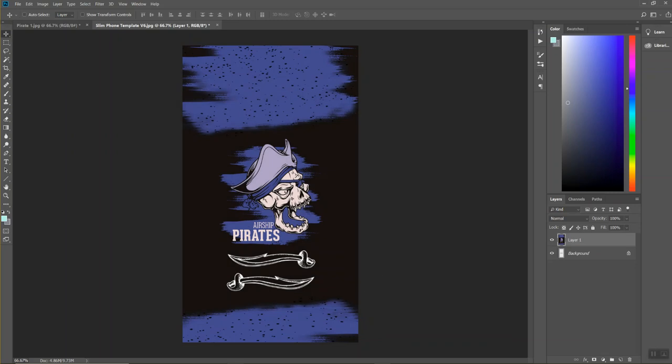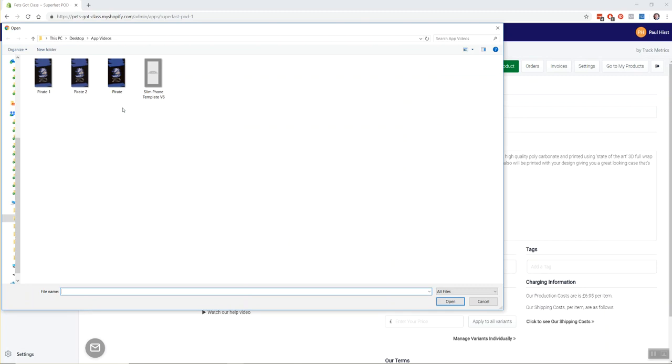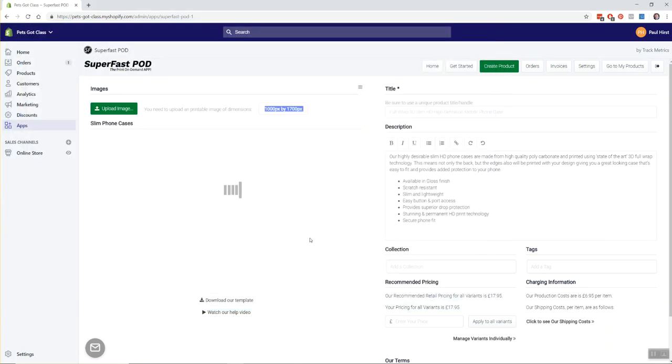Then if you go back into the app, click on upload image. Note here you've got your pixel dimensions. If the image you try to upload is not exactly these dimensions, and it should be if you've saved the template, then the app will reject it. You've got to make sure it's these exact dimensions because the software dynamically resizes the image to fit on every different phone model. So if we upload the image, here we go, select the Pirate, drop that in, and then